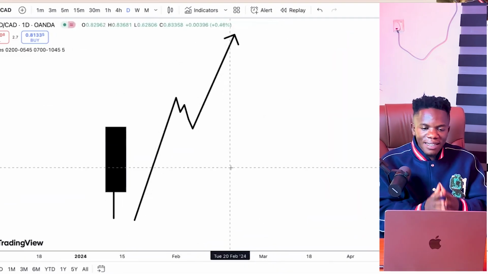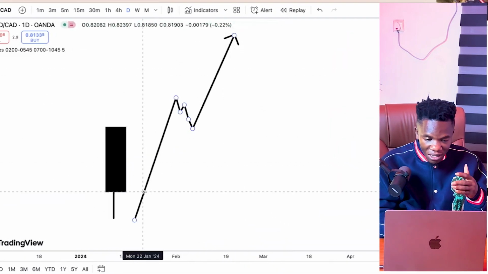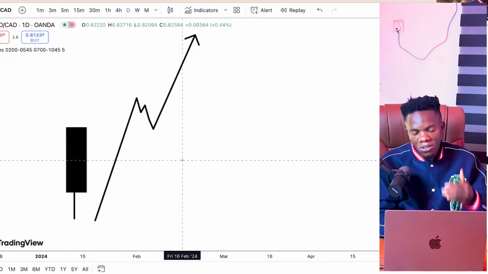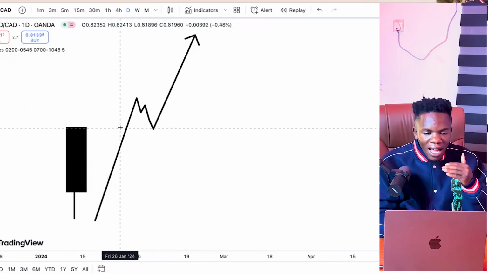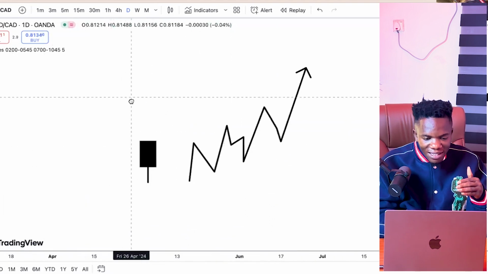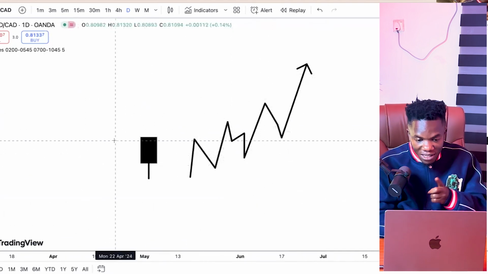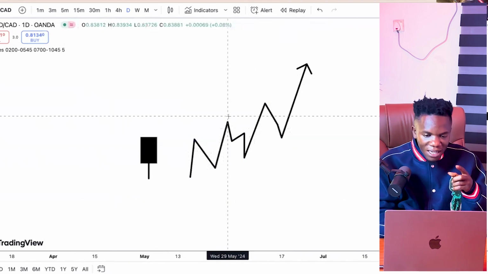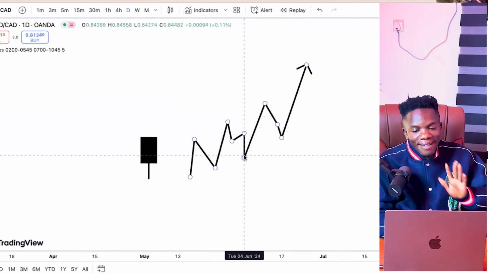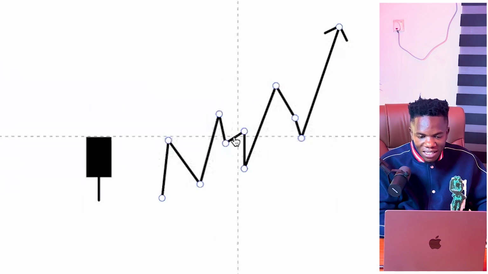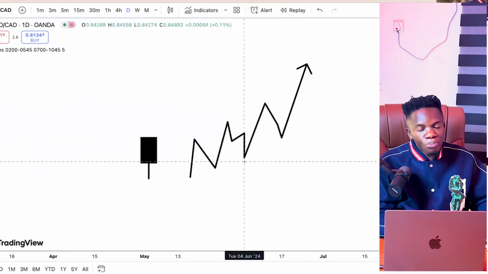Now we have to know the days that price action will be like this, for example, expanding, and how to capitalize on it, because these kinds of days are majorly for account stacking. And most importantly, days like this, because most times in the market, this is the type of price action you guys will see, when price will retrace, expand again, retrace. This kind of day, we don't do account stacking. Just imagine you stack your trade up to this level and the market started retracing, pulling to the downside. You are going to blow up that account.